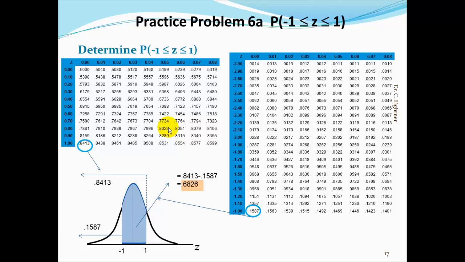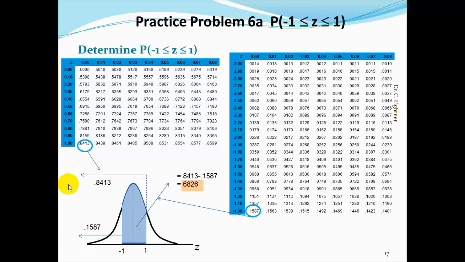Problem 6a, let's determine the probability that z is between -1 and +1. In order to do this, we look up the z-score -1 in the chart, and we find that the area to the left of a z-score of -1 is 0.1587. Then we look up the z-score +1 in the chart, and we find that the area to the left of +1 is